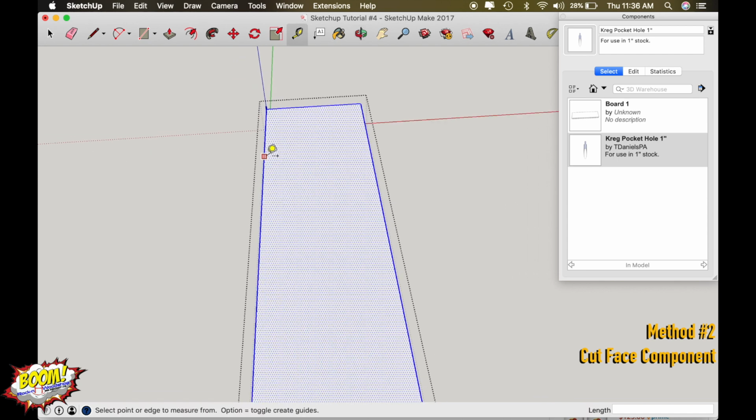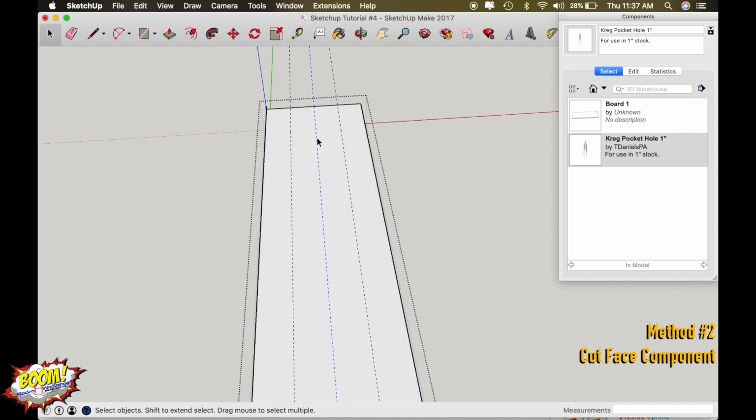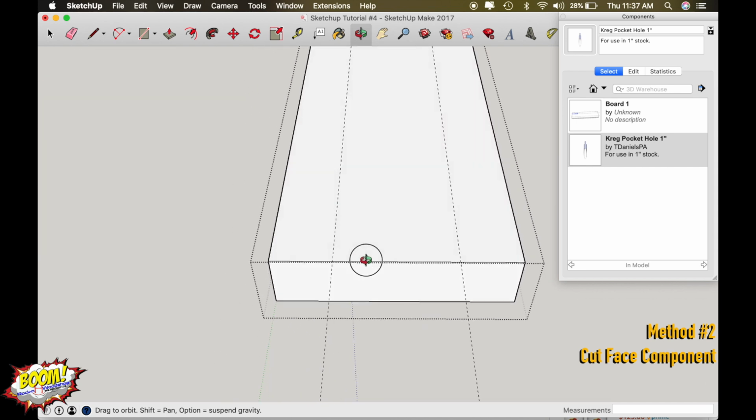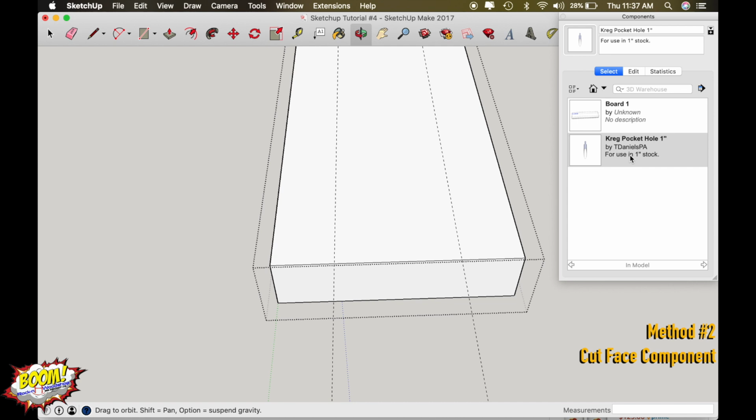Now let's make my layout line halfway right there. And then we're going to snap a 3/4, snap another 3/4, and then get rid of my center line. Now I'm still inside the component for editing. And I'm going to grab my Craig hole right here and snap. Grab another one and snap. Let's come down here to the other end. Now we're probably going to have to rotate these because they're going to be oriented a different way. So snap,